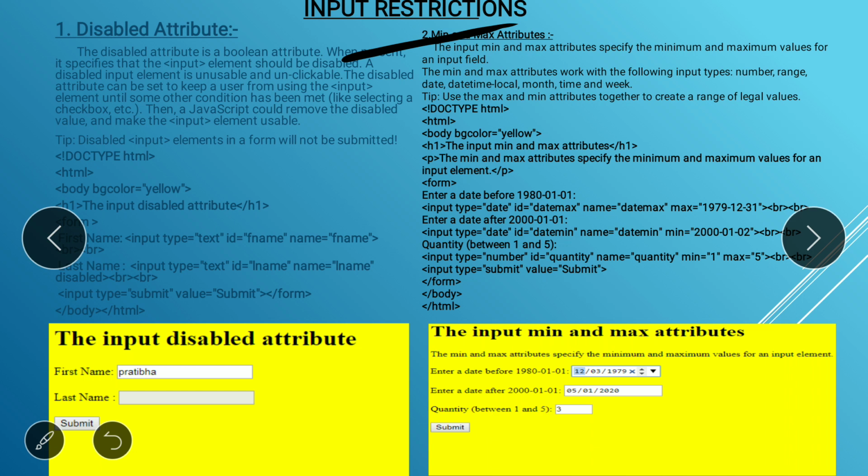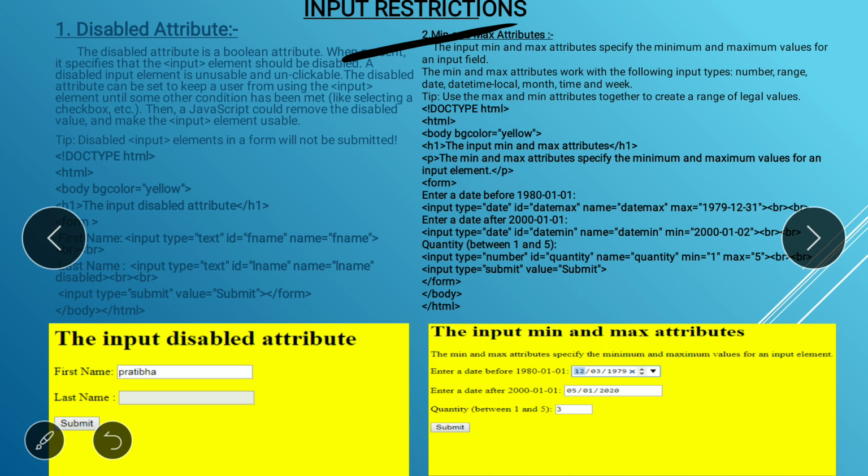As you remember, in number control and range control, we already used the min and max attributes. So what are the min and max attributes? The input min and max attributes specify the minimum and maximum values in an input field, which I already discussed with you.